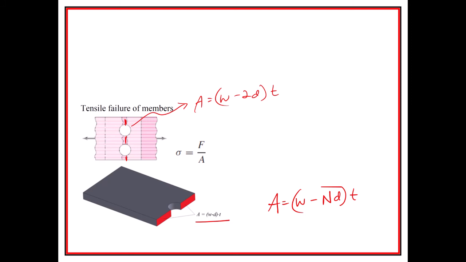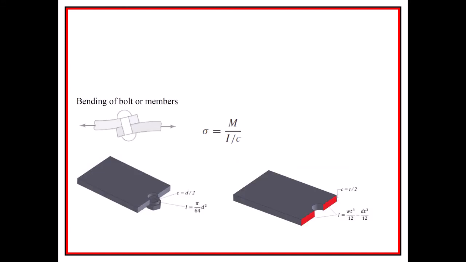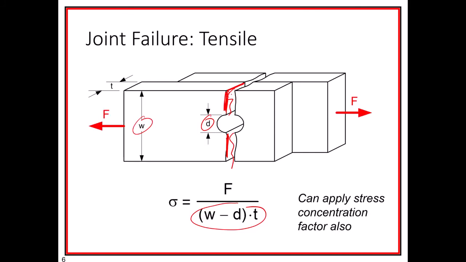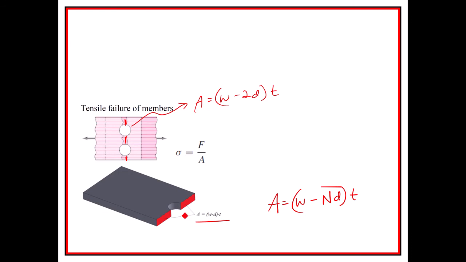And we want to compare this one to the member's yield strength, right? That's another important thing to point out here. This right here, we would compare to the member's yield strength right here. If we were to look at the stress in the bolt due to bending, we would look at the bolt's yield strength. Here we would look at the bolt's shear yield strength, and here we would look at the member's